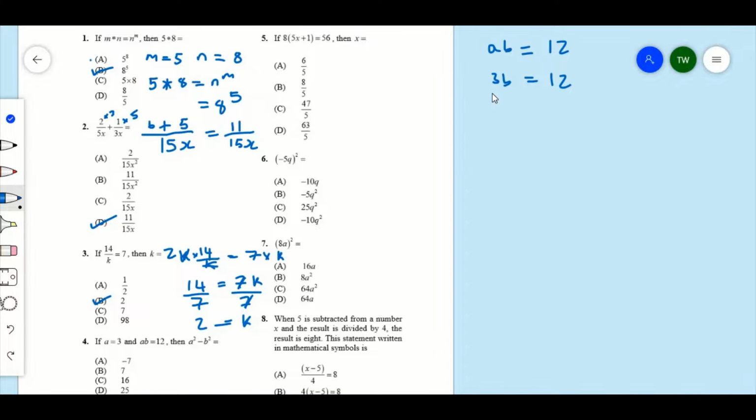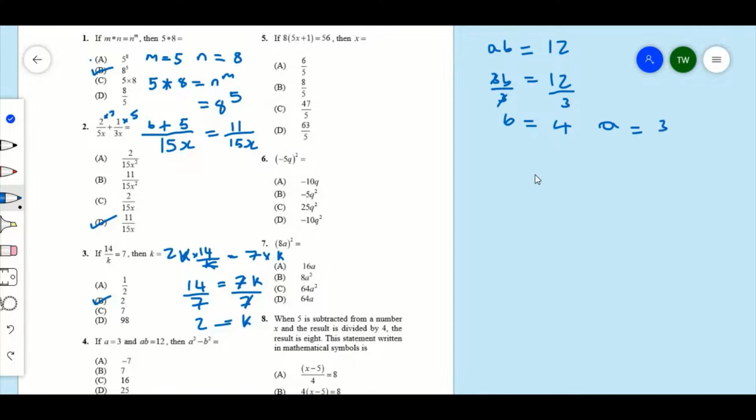In order to determine the value of b, because 3b means 3 times b, and we are multiplying by 3, we are going to divide both sides by 3. So we're going to divide this side by 3 and also this side by 3. 3 will cancel out 3 here, so we're left back with b is equal to 12 divided by 3, that's going to be 4. So now we know that b is equal to 4, and we also know that a is equal to